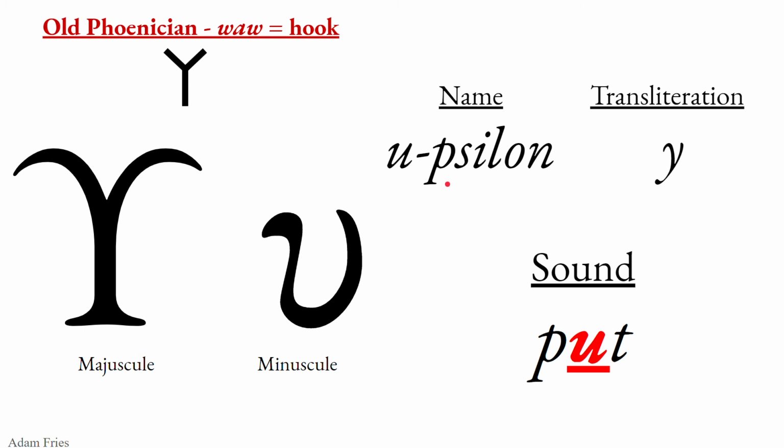Now, for upsilon, the Greeks did use the Old Phoenician wall, which they also used for the digamma. So this does also become the upsilon. So simple, like epsilon, this is upsilon. So epsilon, simple U, as opposed to complicated U. There is no complicated U, there's just simple U. We transliterate this guy in English as a Y,